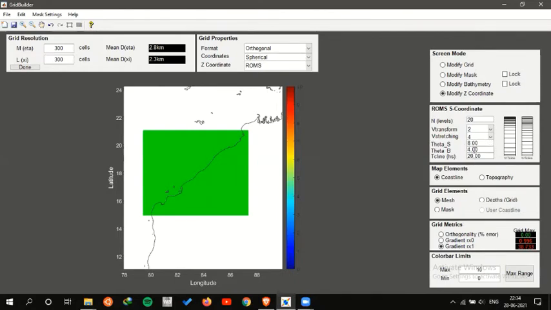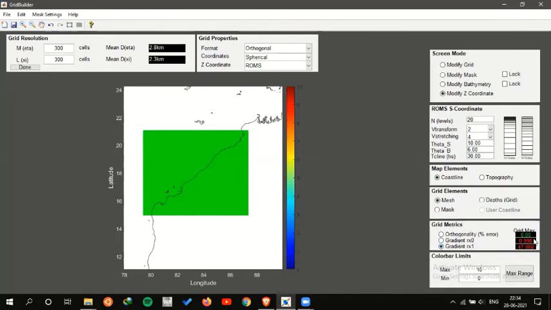For theta s and theta b, you can put any value. I can set theta s to, suppose, 10, theta b to 6, and the critical depth to, say, 30 meters. This should do our job pretty well.